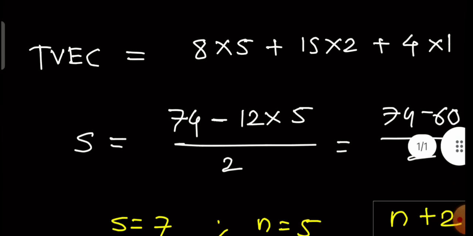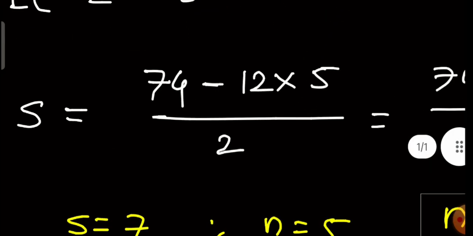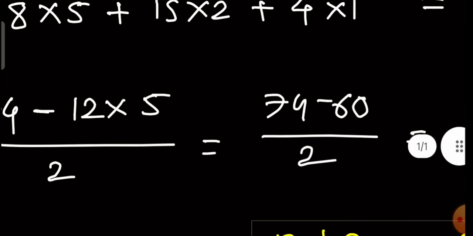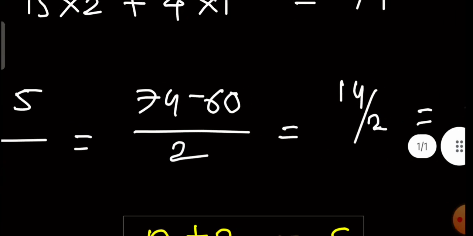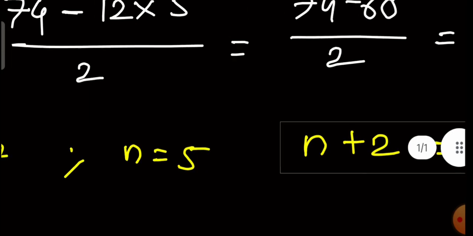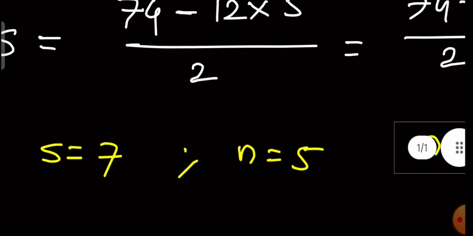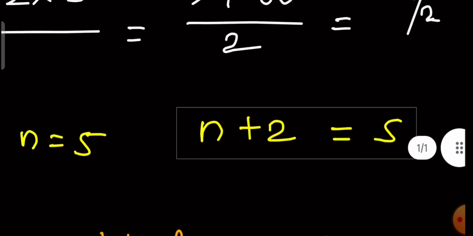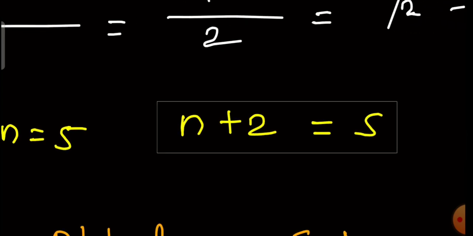Now you know that for a skeletal electron pair, it is total valence electron minus 12 into n, by 2. So 74 is the total valence electron count, minus 12 into 5, 5 is the metal, by 2. So 74 minus 60 by 2, here the answer is equal to 14 by 2. So 14 by 2 means what? 7. So here n is the number of metals, that will be equal to 5. So if n is equal to 5, then your answer will be n plus 2, right? So n plus 2 belongs to the nido family, right?